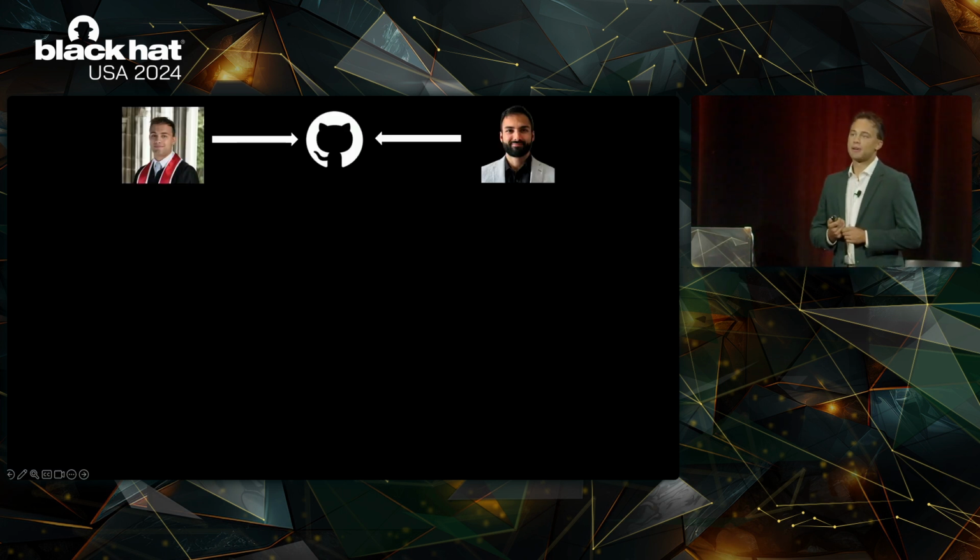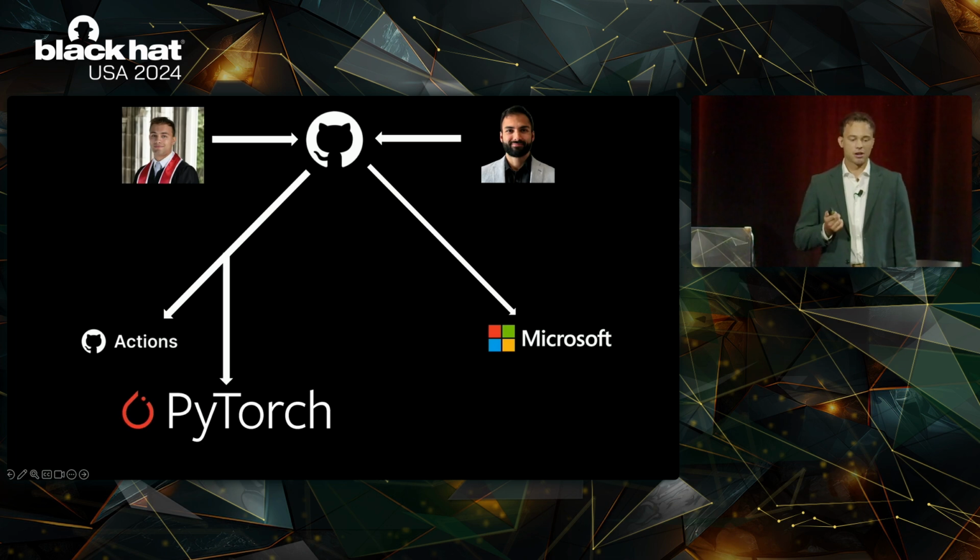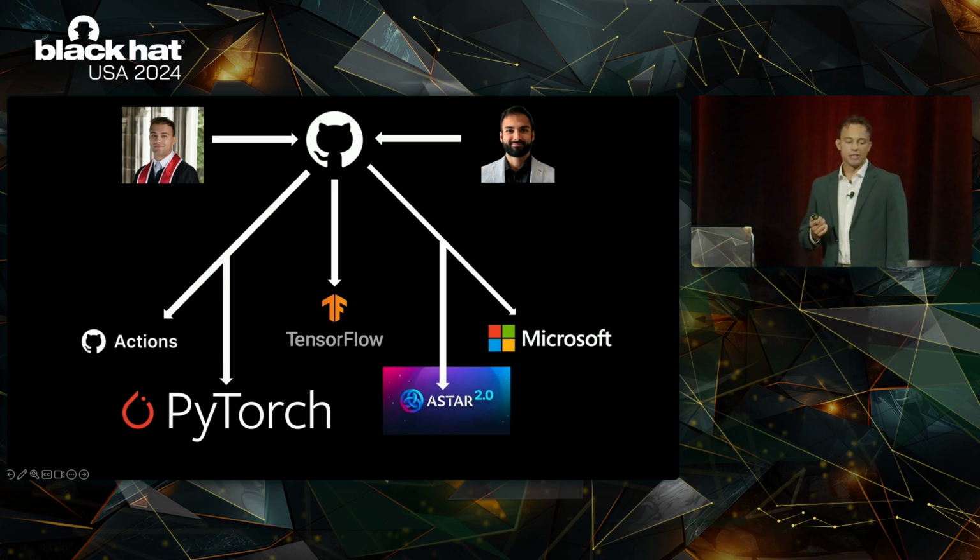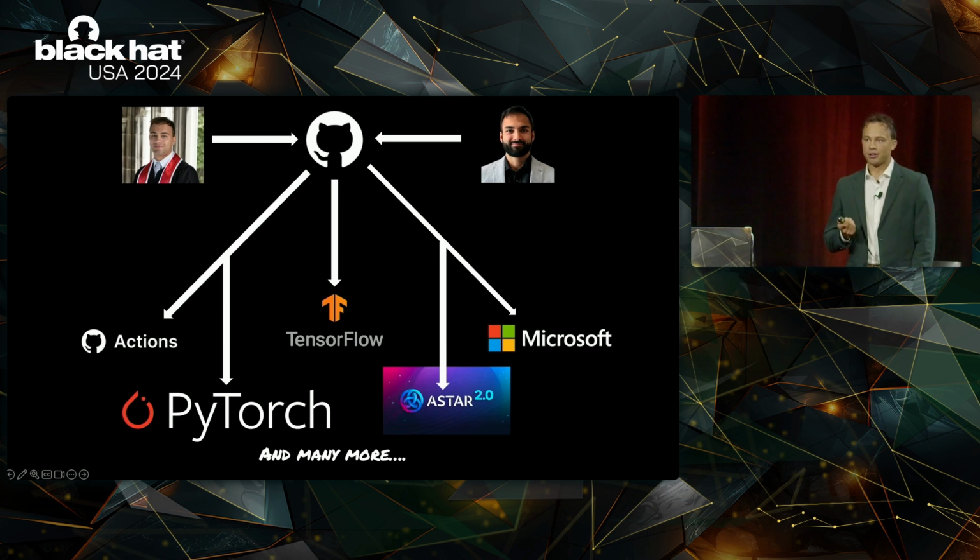Let's start by talking about why we're here. We are here because we use a systemic vulnerability class to hack a lot of organizations, including but not limited to the ones you see on screen. In most of these organizations, we had enough access to cause a full-scale supply chain attack similar to SolarWinds.